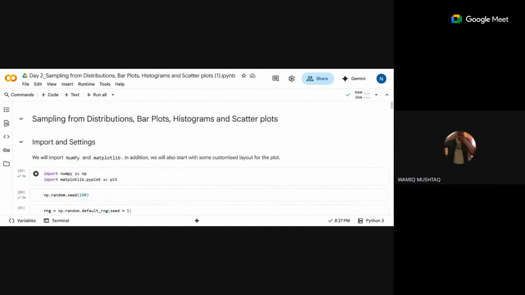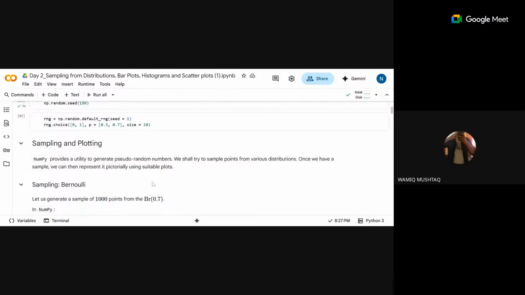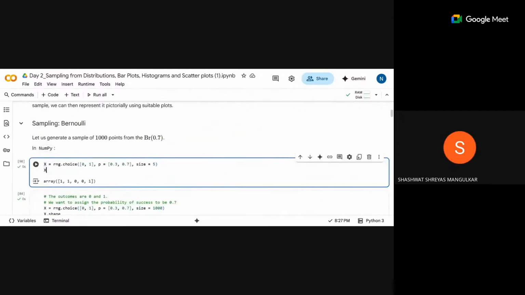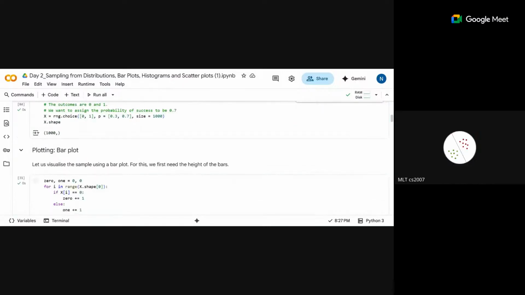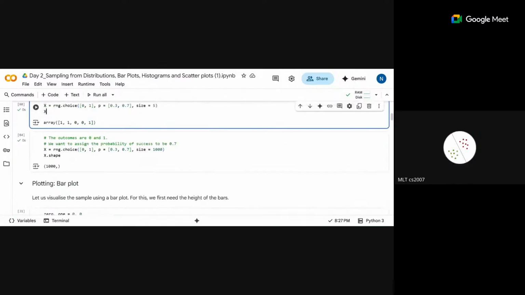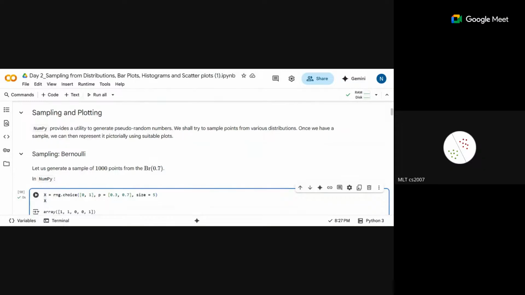Ma'am, actually I got the solution here. I don't think it is there. Okay, let's just move forward, I would say, right now. So you can explore this part. I think it should have worked, but